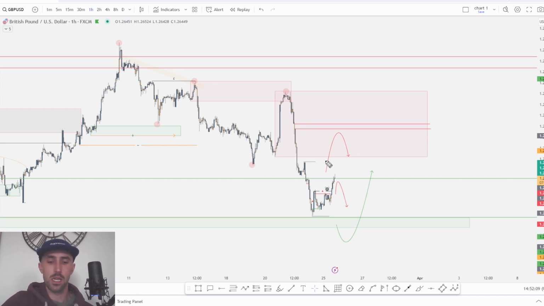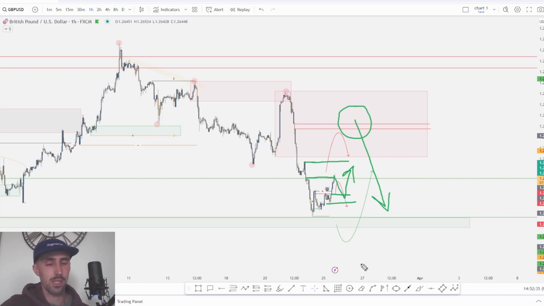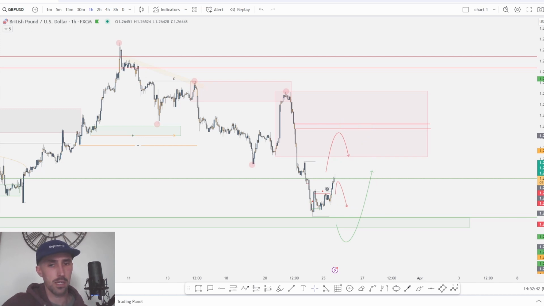Now, you can see here that we have the area above right here that we want price to sell off from. We have this high which holds liquidity, and we also have short-term areas that have been produced that we may be able to see a counter scenario running from. Now we haven't actually confirmed the bullishness of this by breaking that high, but we are getting very close to it at the moment. So Euro is technically ahead of the curve in terms of directional bias here with GU